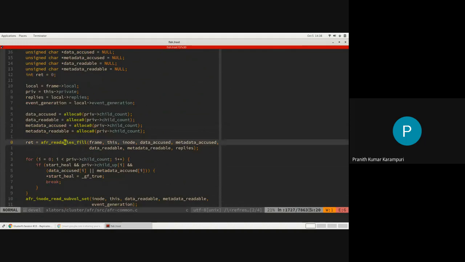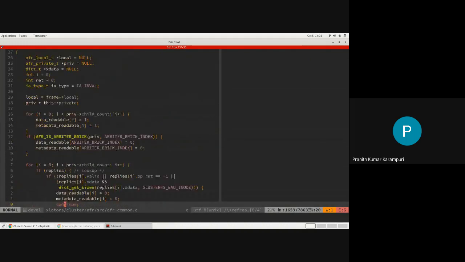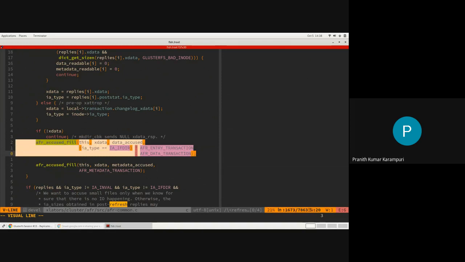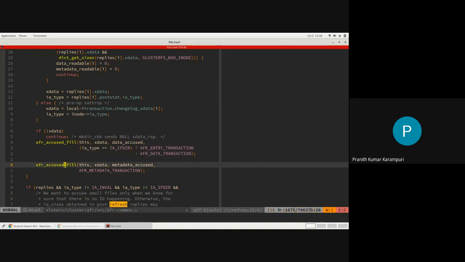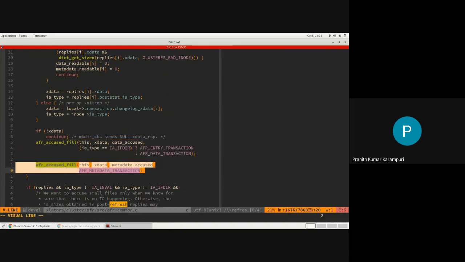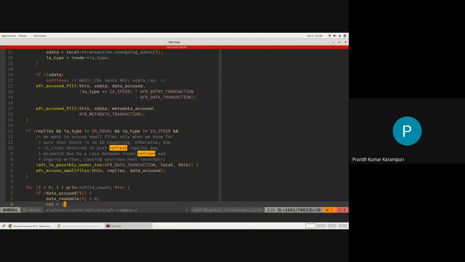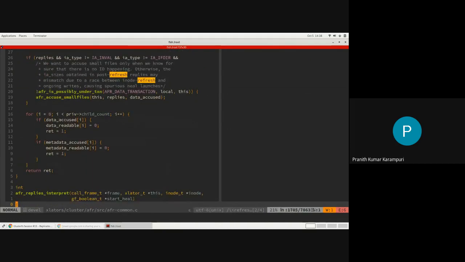You basically get the extended attributes and you do the same computation as to which ones are accused and which ones are not accused. If some subvolume is accused, then you mark that as bad. If it's not accused, then it is good. So it's a simple interpretation of the extended attributes.